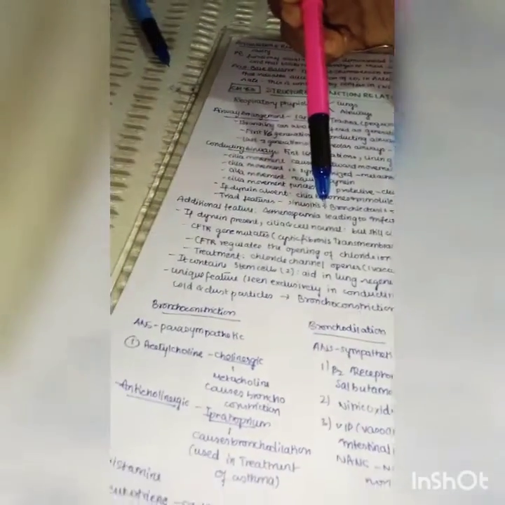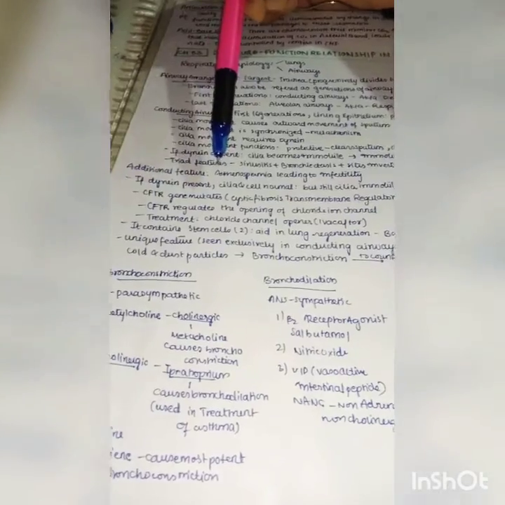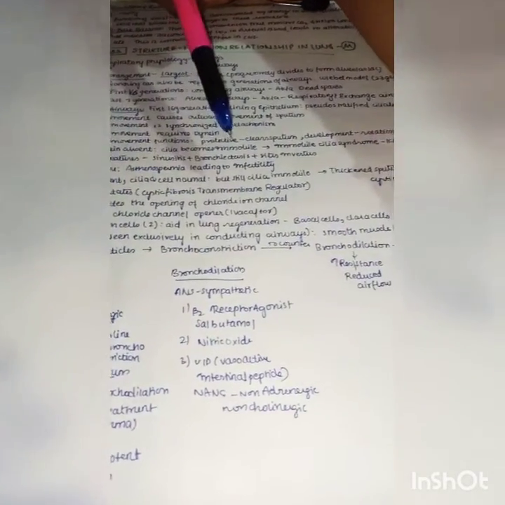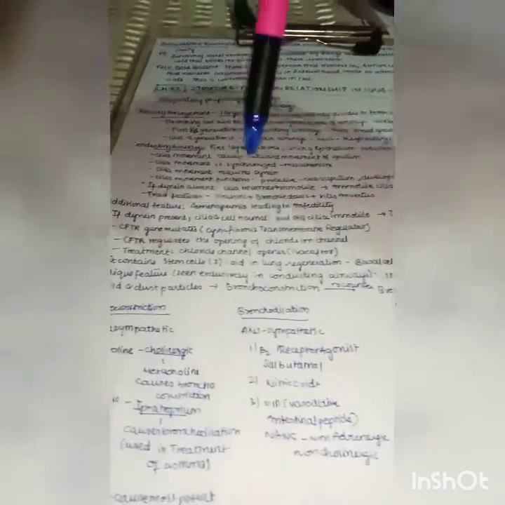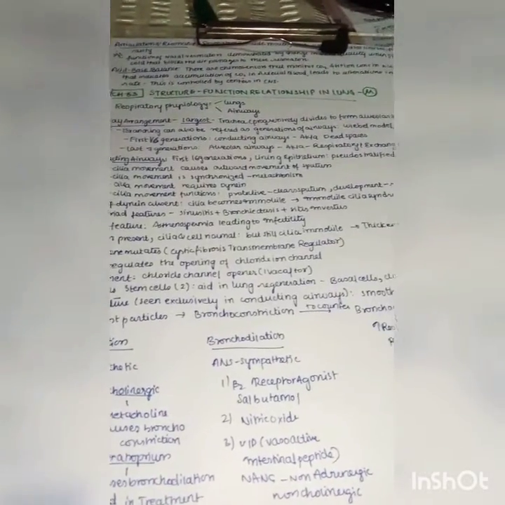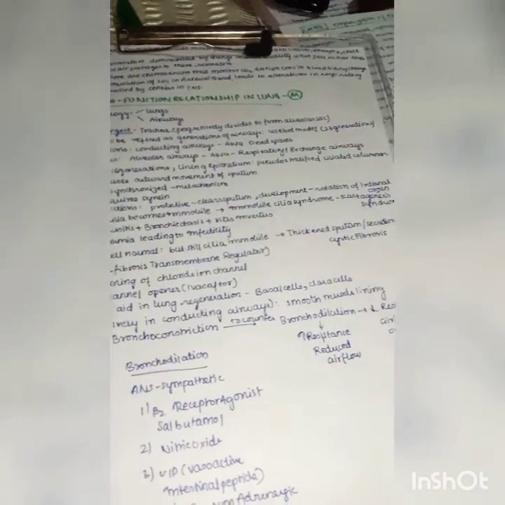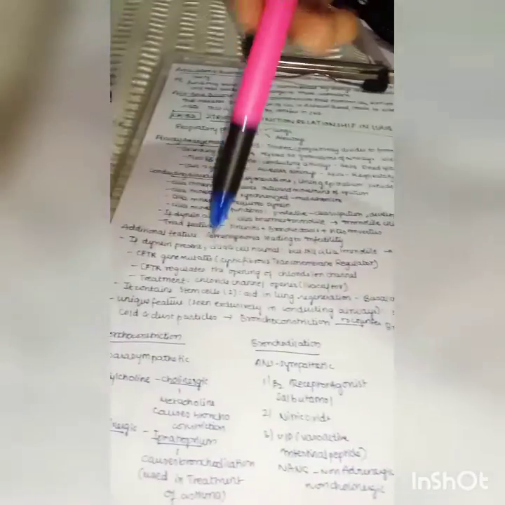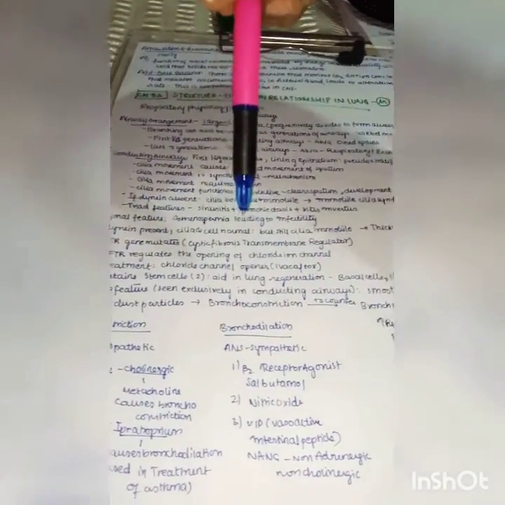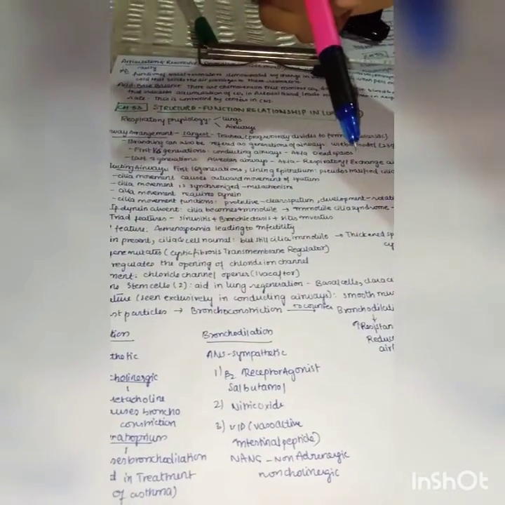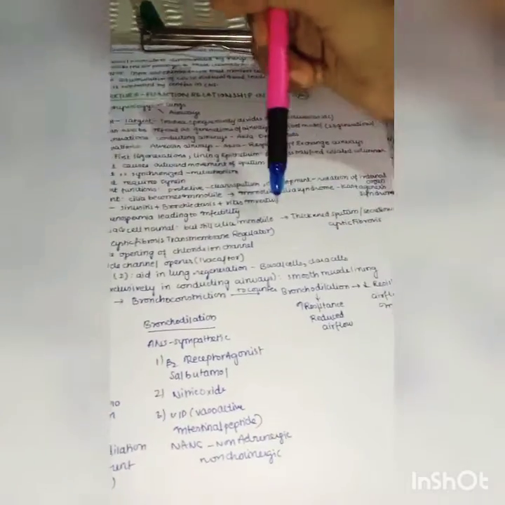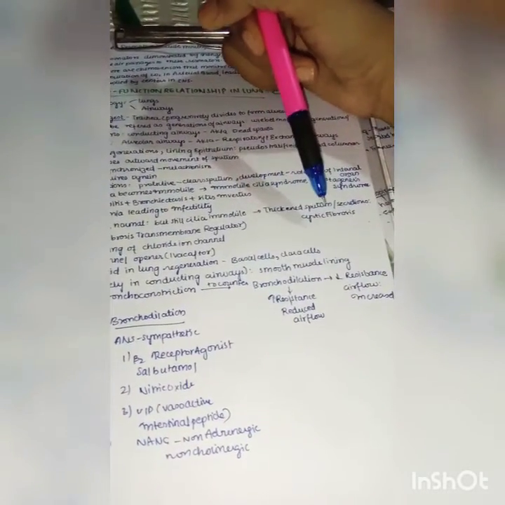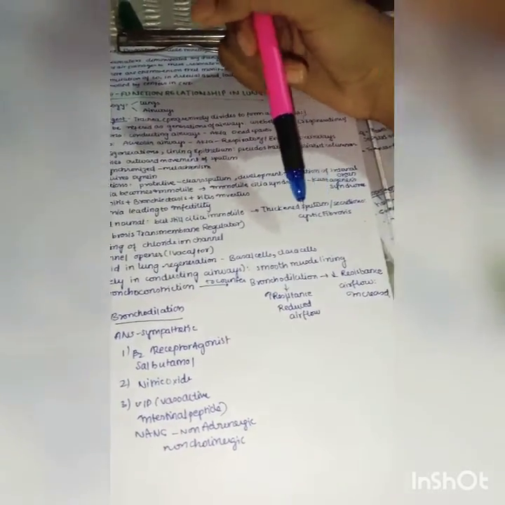it may lead to asthenospermia. So if the dynein is present, the cilia and cell are normal, but still the cilia are immobile. Till now we have seen a case where the dynein is absent, so because of the absence of dynein, cilia are immobile. But there is also another case where everything is normal, but still the cilia are immobile. The case here is mainly because of thick sputum. If the sputum is very thick,